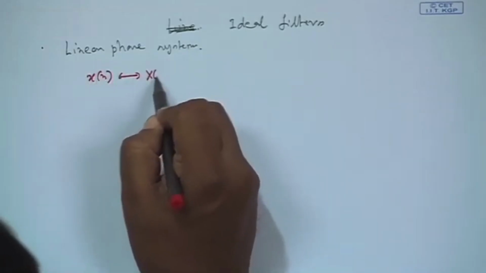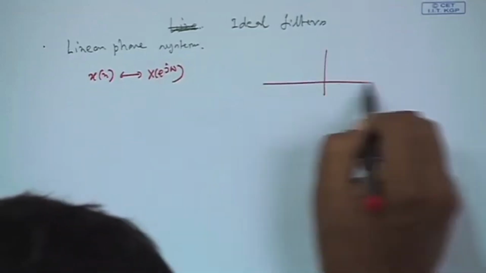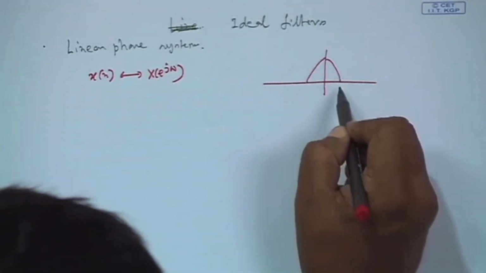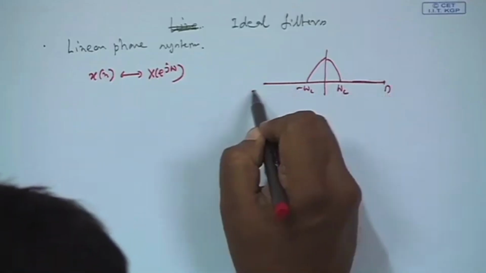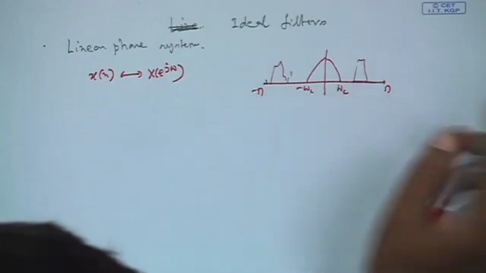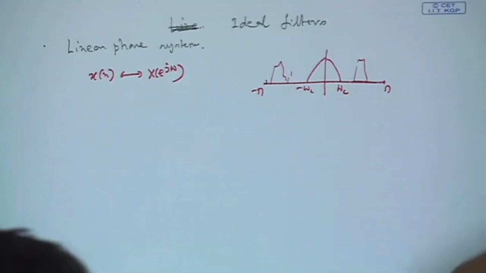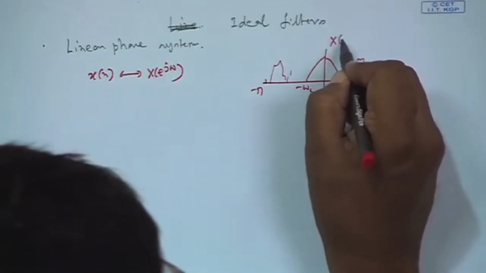and it has got a discrete time Fourier transform this. So, this may be within a band, maybe something like this within some band, outside the band up to pi and minus pi. There may be unwanted signals here, unwanted say noise and all that. So, you want to filter it out. So, if you want to filter it out, and this is I am writing x e to the power j